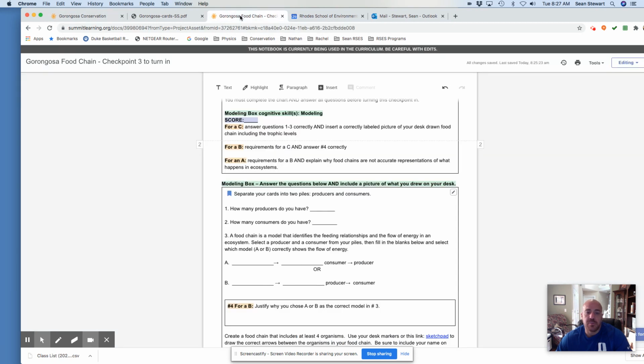So into our checkpoint, once you look at those cards, you're going to tell me how many producers are in those cards. Remember, producers are things that can make their own food, so plants, and how many consumers, things that need to eat to get their food. Once you do that, then you'll go to question 3, and basically you'll tell me, is it